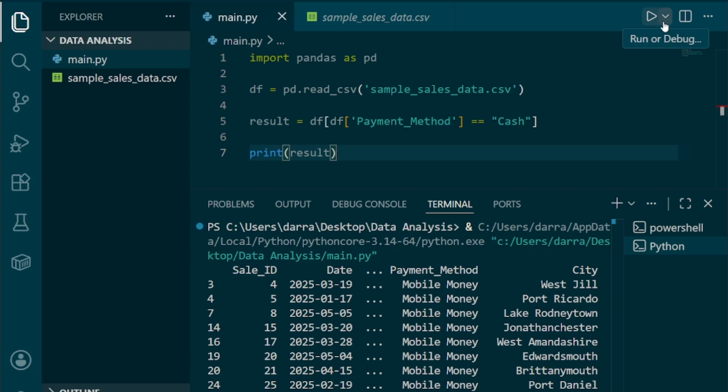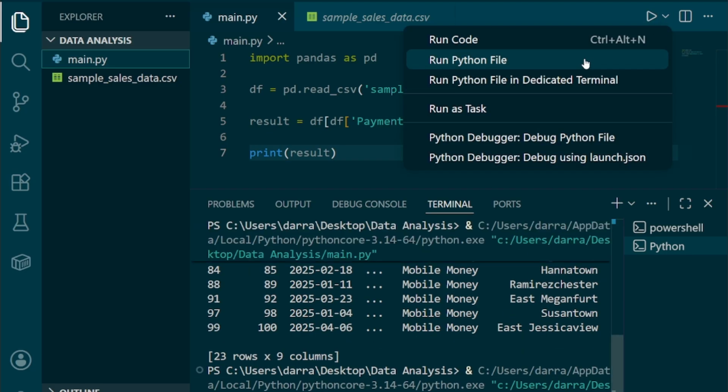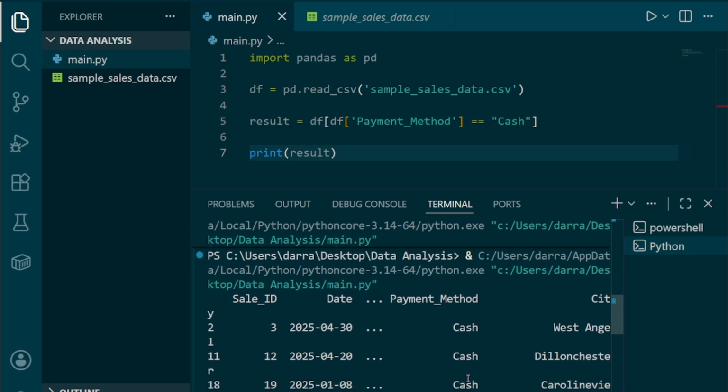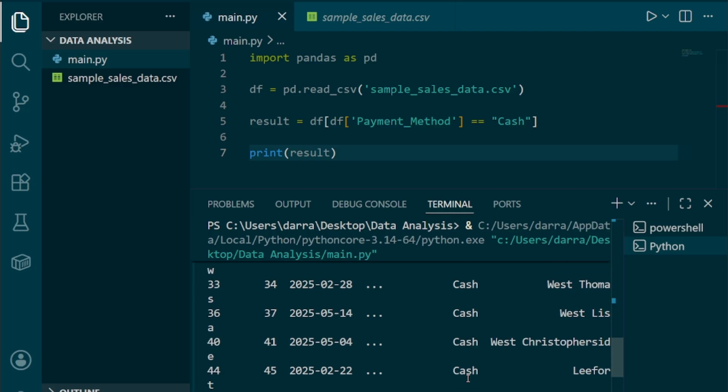So let's go back and run this and see. Yeah, so we can see the payment method done by cash over here. Payment method cash. So this is how we filter data in our data sets, and this is called Boolean filtering,